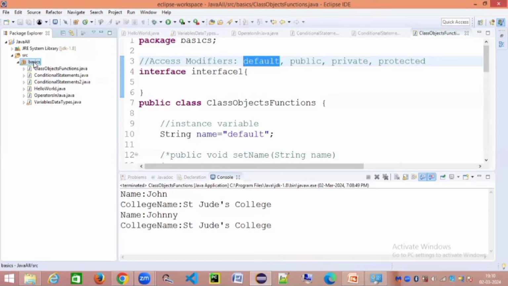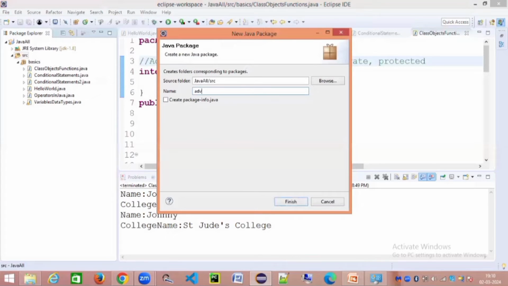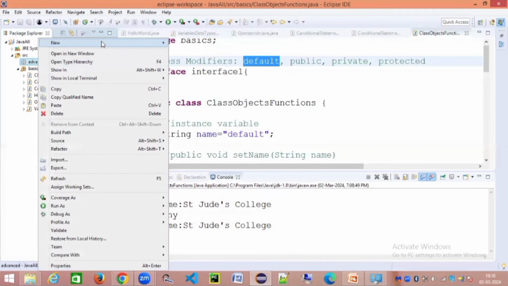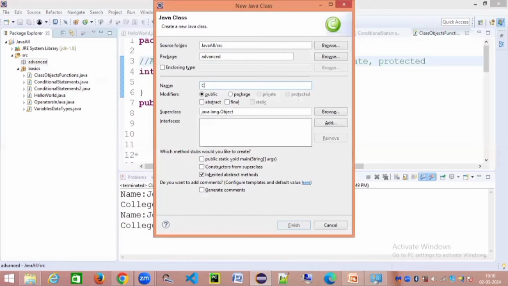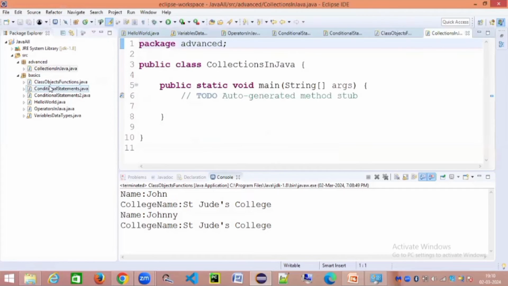Okay. This is how we are having default. Now, if you create another package, let's say I create a package called advanced concepts in Java, right? Then any class under advanced, for example, collections, which is an advanced topic. So let me create collections in Java, for example, right? Any class which is inside this package will not be able to access